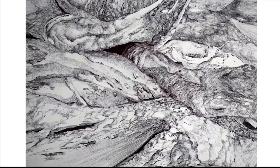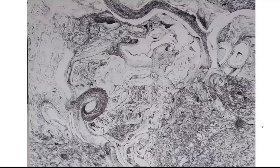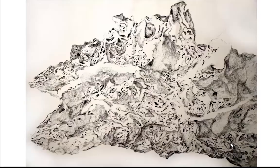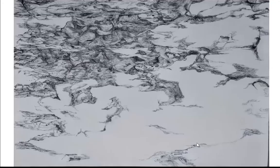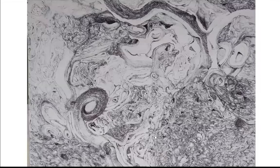And this is incomplete. It's something that I'm working on now. And this is again like the first. It's this little object that you see here. But I've kind of really zoomed into it this time. And I think some of it is different surfaces of the object. Some parts of it are the underside, some parts of it are a corner that isn't actually there, and kind of make up